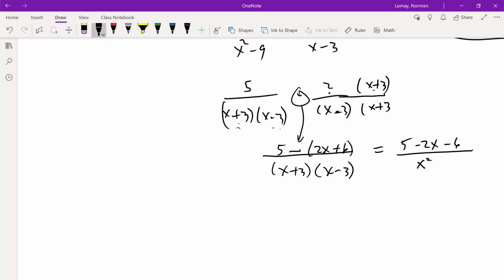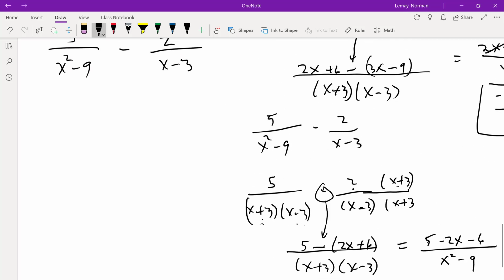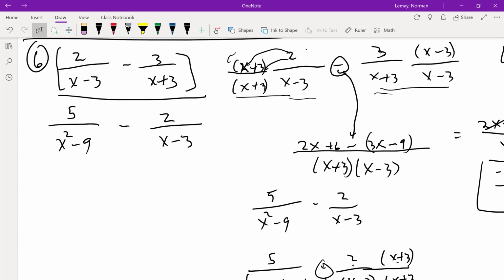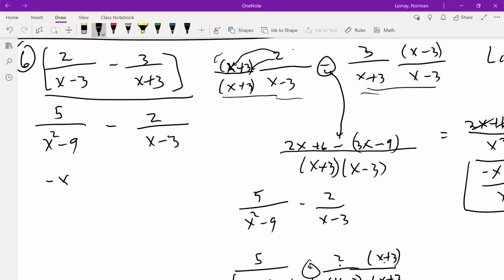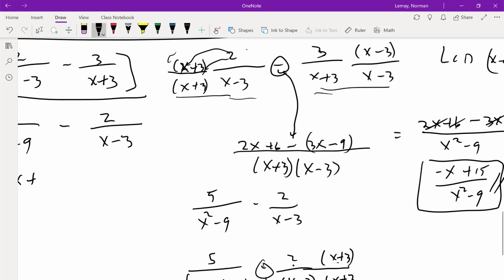So x squared minus 9. Let's just note we got our minus 2x. And notice that 5 minus 6 is minus 1 divided by x squared minus 9. So that takes care of the bottom part. So this whole thing here reduces to minus x plus 15